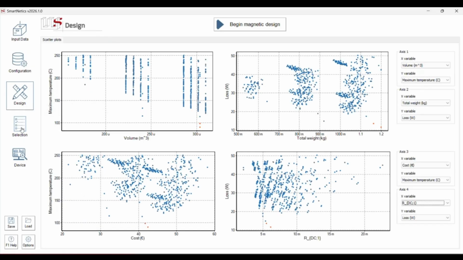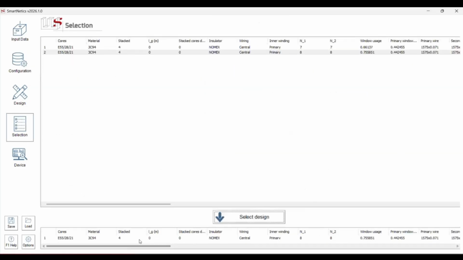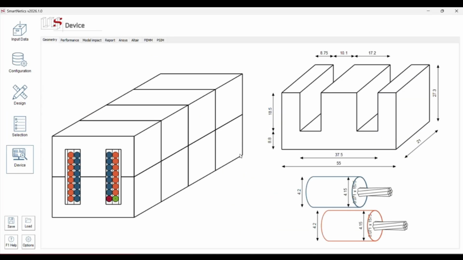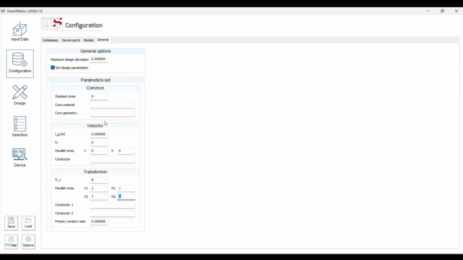And the device I selected, sorry, here, uses 4 cores stacked in parallel, okay? That can also be seen in here. We have 4 cores in here. So I will restrict my design to only 4 cores, okay? As you can see, you don't need to set everything. The tool will try any parameter that is not set to a given value.